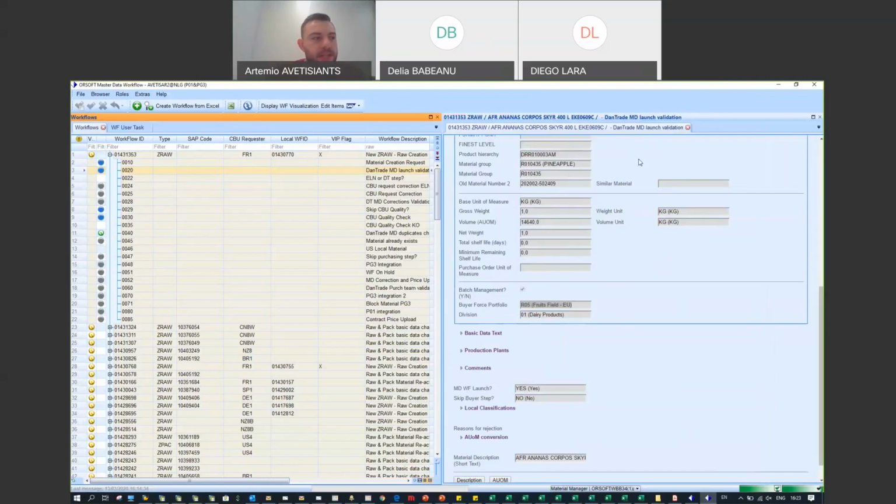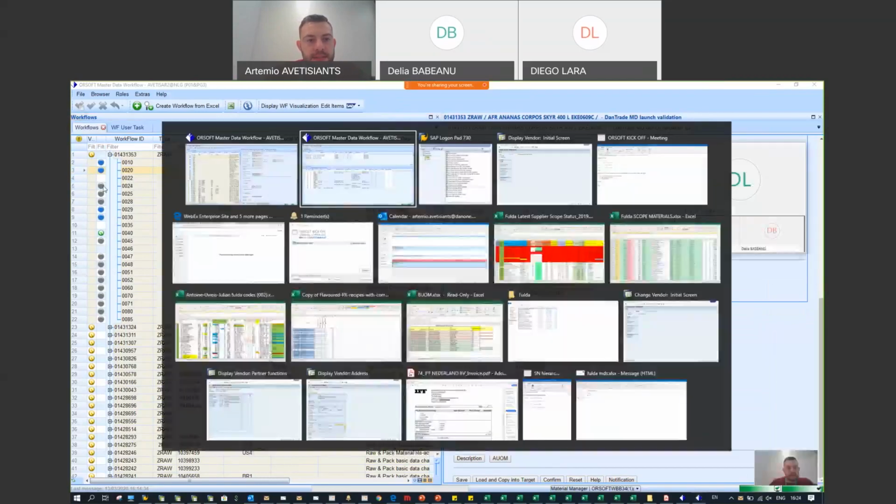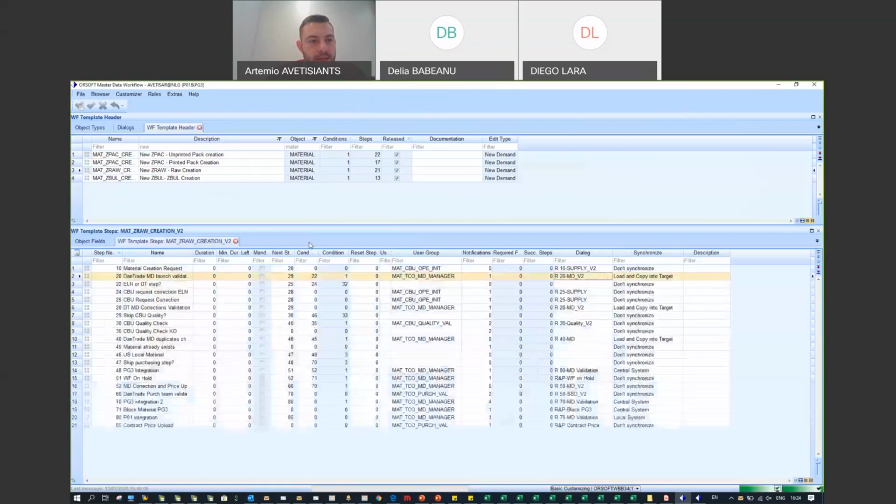Let's say our team checks this information and everything's perfect. Then they will just click confirm from their side, which is here on the bottom. Once they confirm the step, it will jump to the next step, and you can see it here from the template. So this is step 20, and from step 20 it will jump to the next step, which is 29,